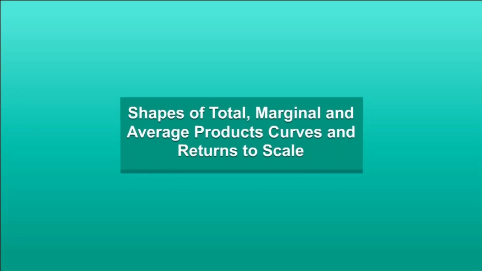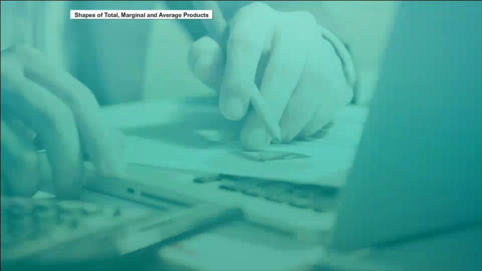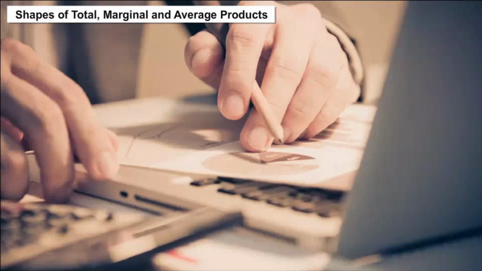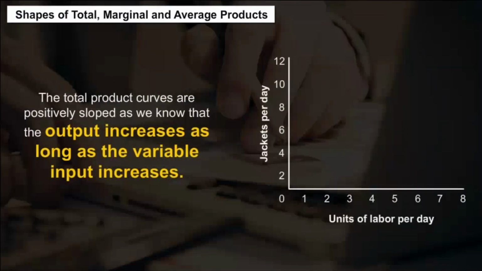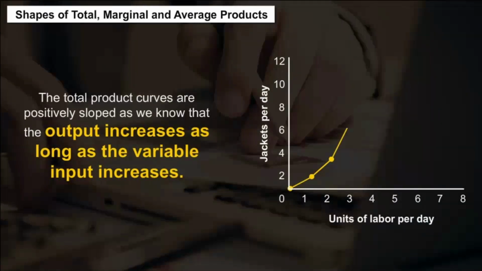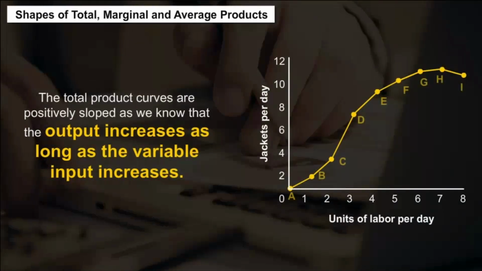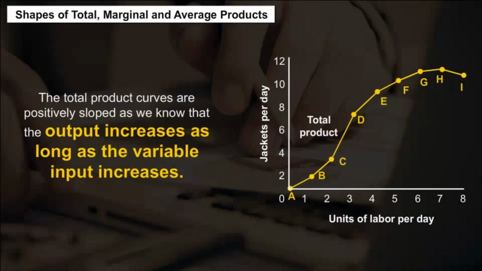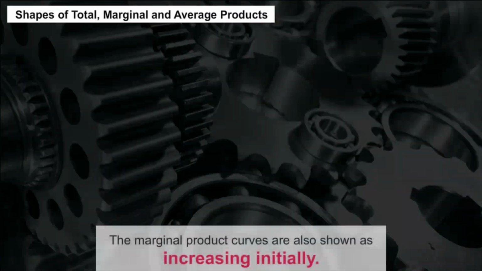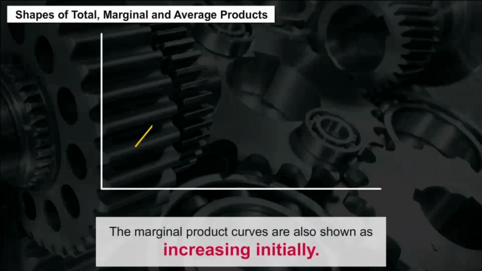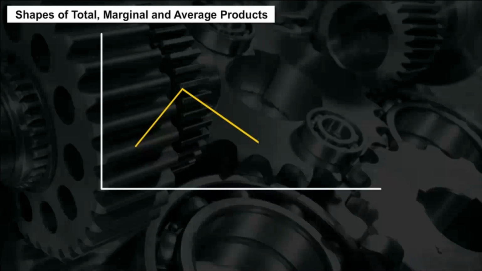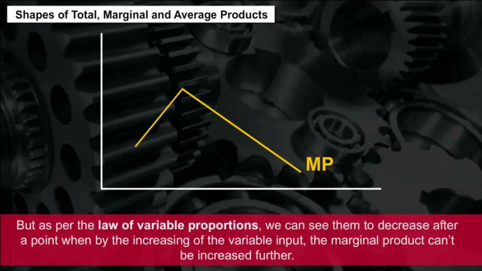Shapes of total, marginal and average products curves and returns to scale. Shapes of total, marginal and average products. The total product curves are positively sloped as we know that the output increases as long as the variable input increases. The marginal product curves are also shown as increasing initially, but as per the law of variable proportions, we